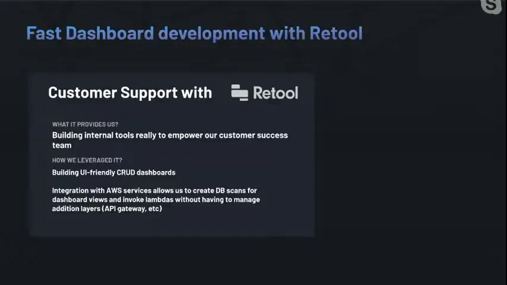Retool is a configuration platform for us to create admin dashboards that empower our customer success team. So we're able to build really rapidly some CRUD dashboards, different tables, without any of the overhead of the design that we have for the normal application lifecycle. The other big reason that we went with Retool is because of its strong integration with AWS